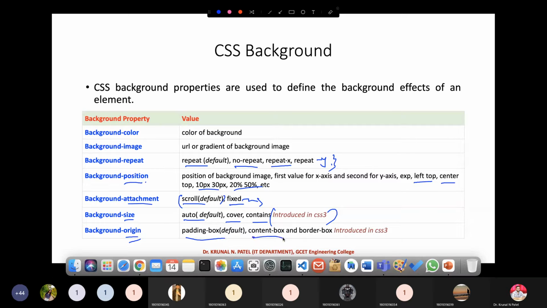Content box, that also we have discussed, and border box, that also we have discussed, right? So up to where you want to stretch your main content, you can define with the use of this origin property, right? These are the different properties related to the background.